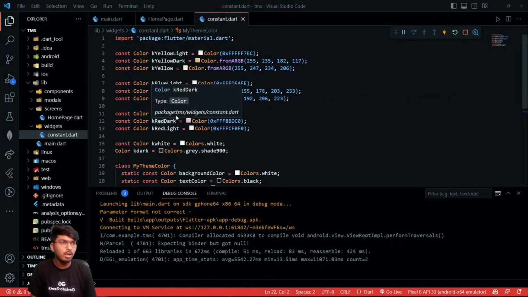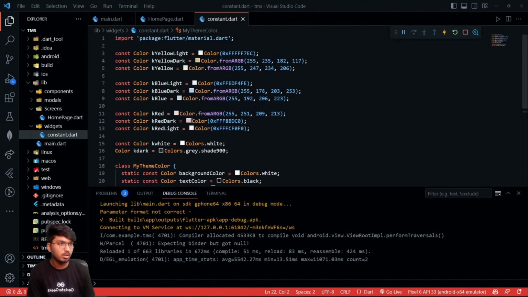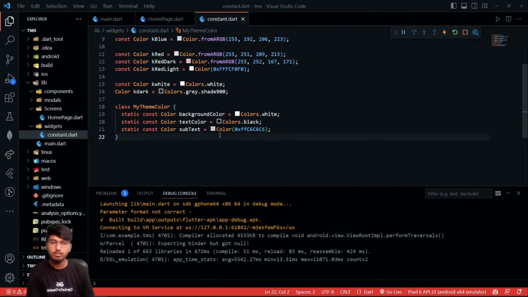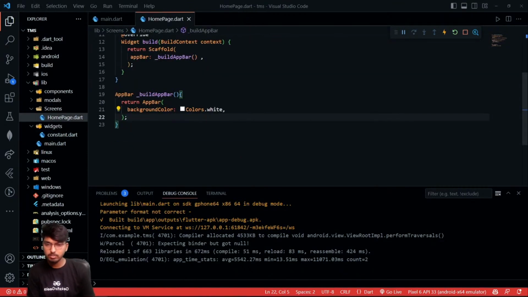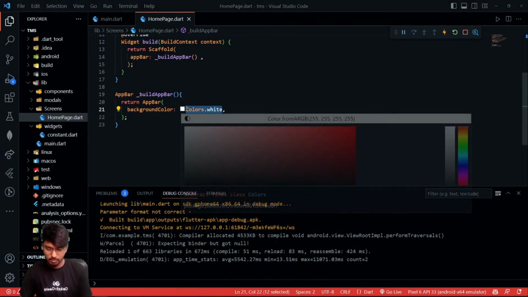You can adjust the color as per your needs, so that dark should be a little more dark. And yeah, the rest is fine. So these are the colors that will be in the constants dot dart, so you can get them from there. And what we are going to do is use that. So for this, we are going to write